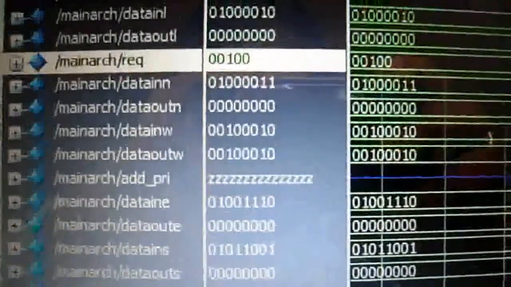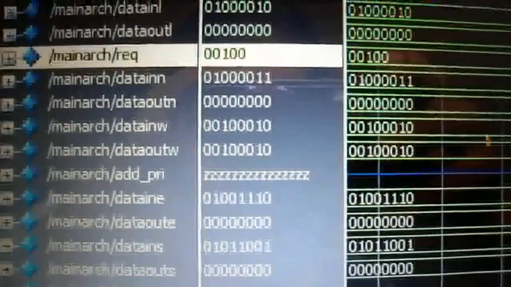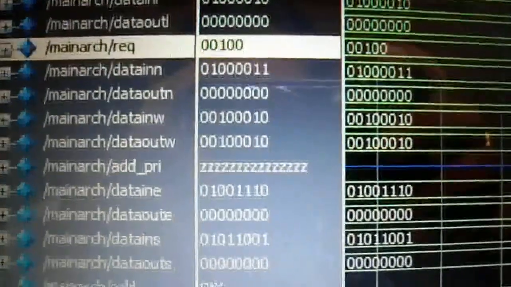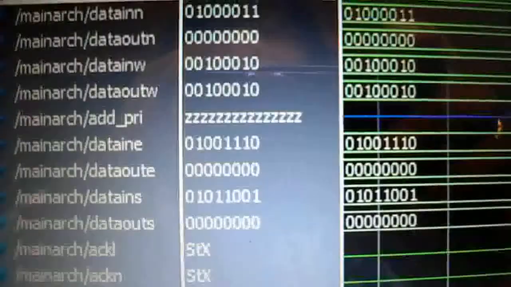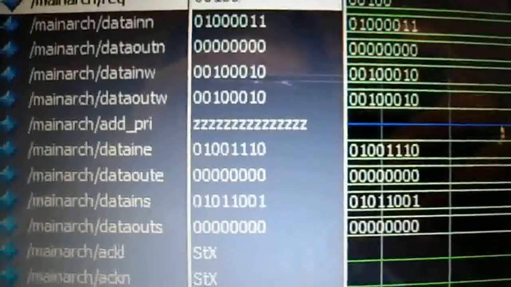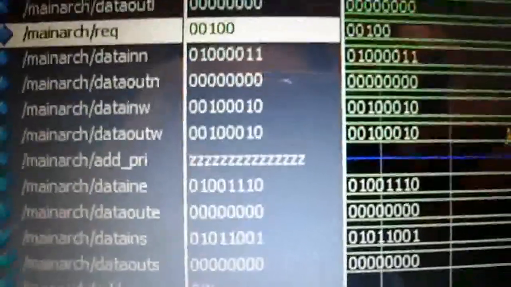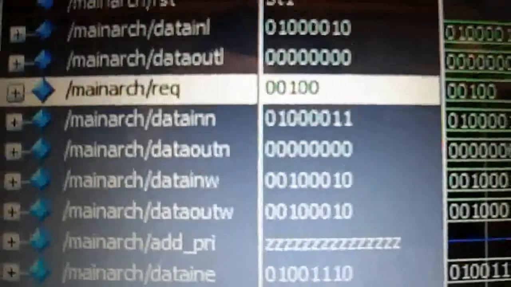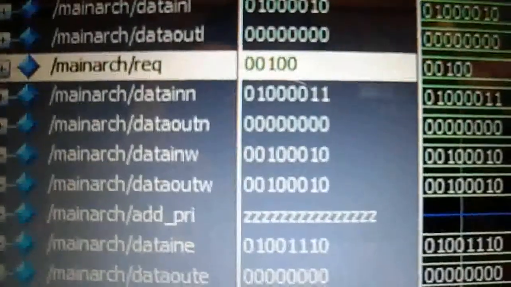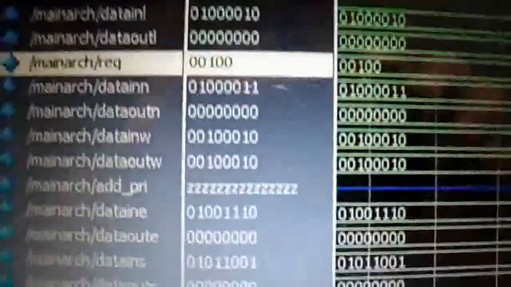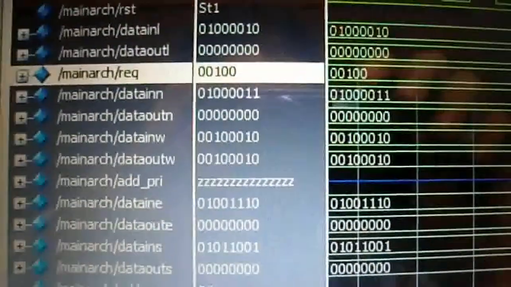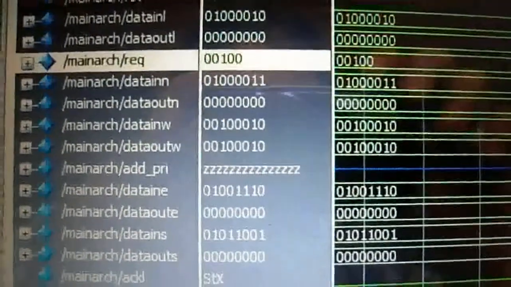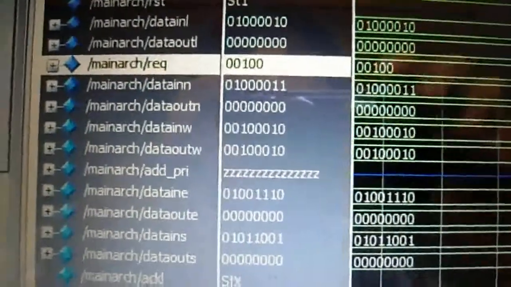Now the north port has the input value, but the output will be 0. Similarly in the east port and also in the south port, but in the west port we have the input and also the output, because the selection line given is 0010, which is the selection line of the west port, so that only the output will be displayed in the west port. Similarly, we can change the request line bit and we can obtain output in various ports.